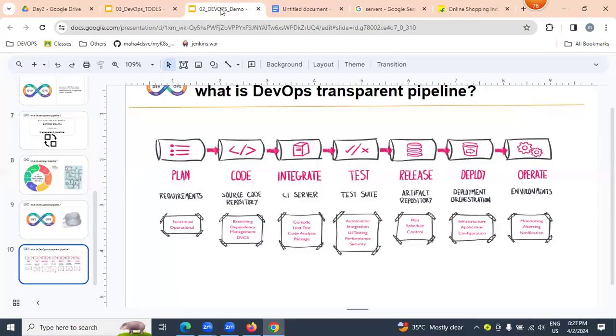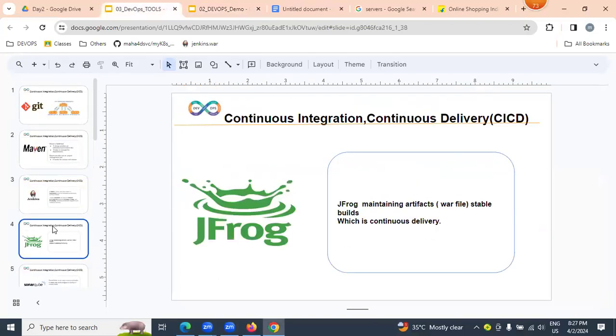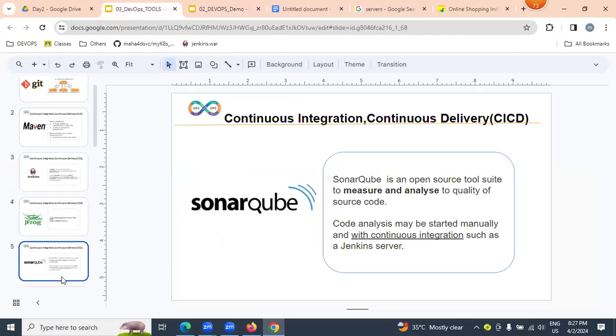Jenkins is a CI tool. With the help of Jenkins, we can continuously integrate all developer source code, execute test cases, make working software, and continuously deliver it into the release. Release is nothing but JFrog. And we are also using SonarQube. SonarQube is a code analyzer.